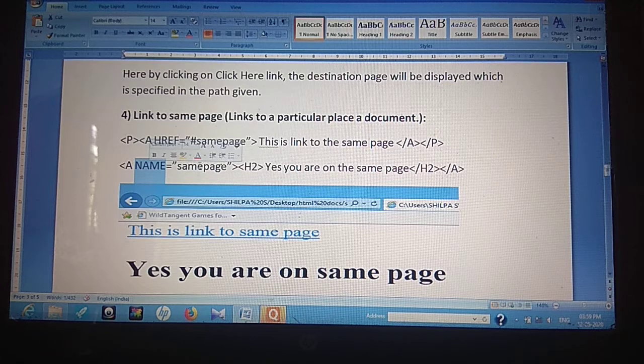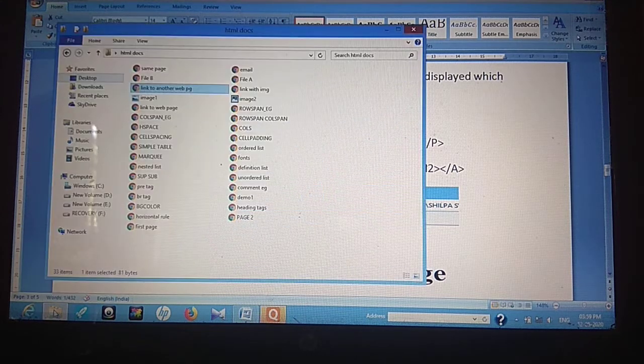Same page is the name that we have assigned to the text that we want to link to this href link. This is the link that you want to assign, and I'll show you an example so this will become more clear.